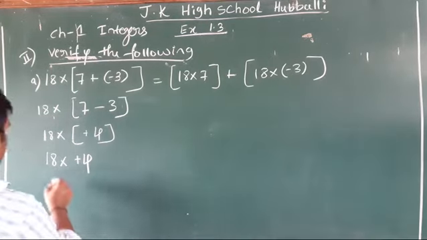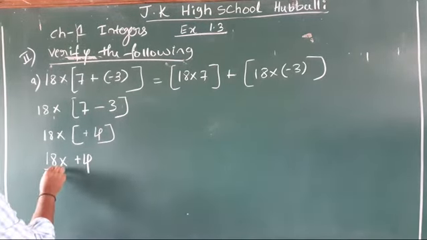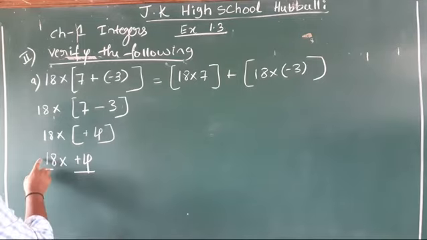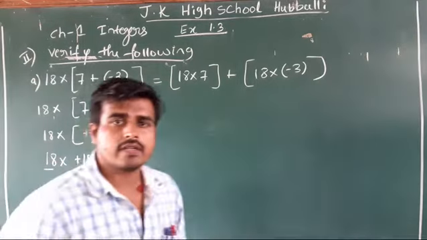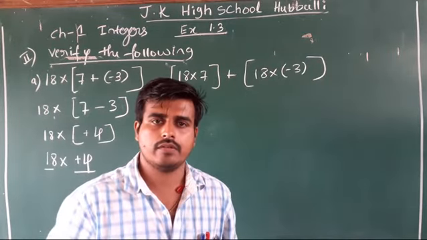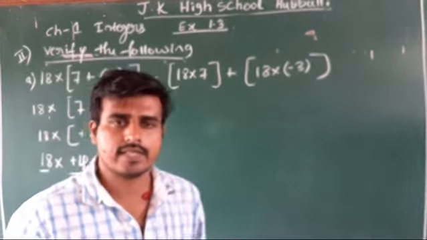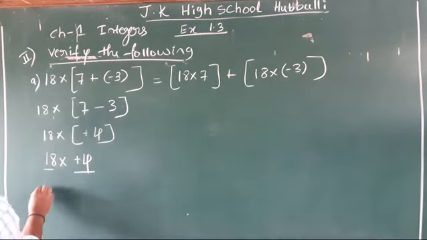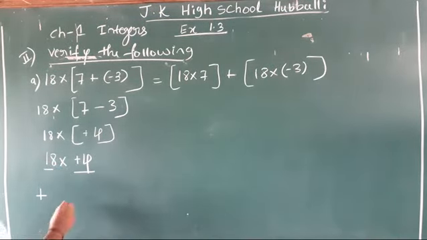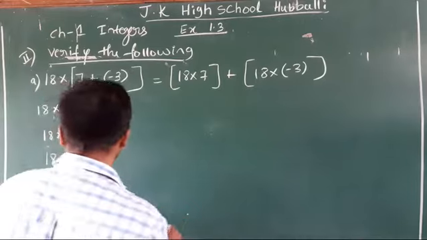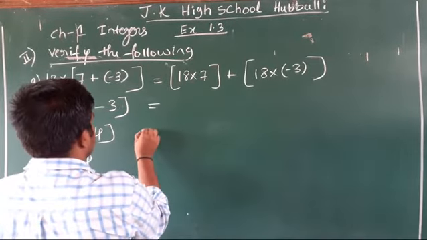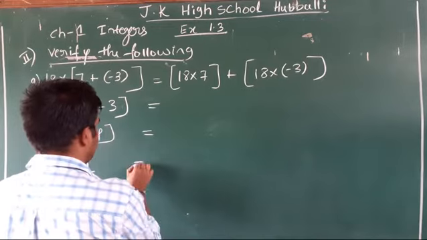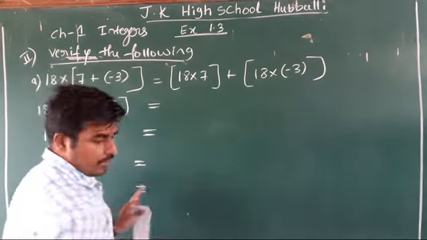Now between these two integers, which sign is there? Into is there, for multiplication. For multiplication the greater sign principle is not applied. Here the rules are different, I discussed them yesterday. Plus into plus will give you plus. 18 4s are 4 8s are 32, 3 here; 4 1s are 4, 4 plus 3 is 7, so 72. 18 4s are 72. So our LHS answer is 72. Now you just use this symbol. We are not sure whether it is equal or not equal, but we have to use it.